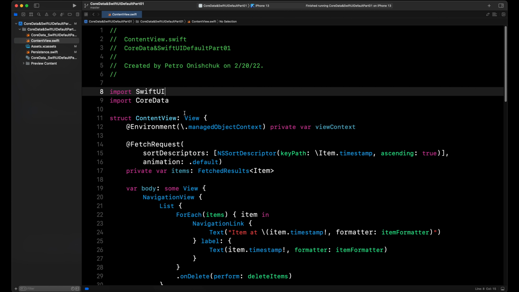As you can see, in the first part of the video, I tried to create a default project by using the checkbox CoreData, and then I tried to explain how CoreData works in this SwiftUI project. Then I want to create a custom project without the checkbox CoreData and show you how we can add our CoreData in our project, not from scratch. For example,